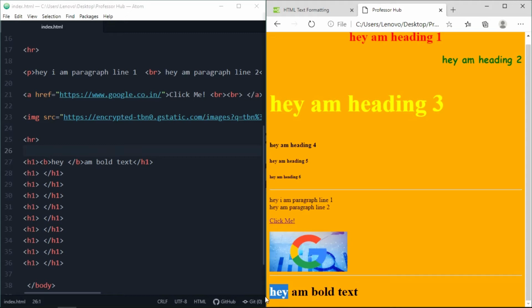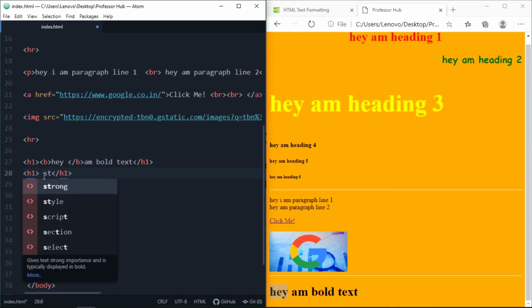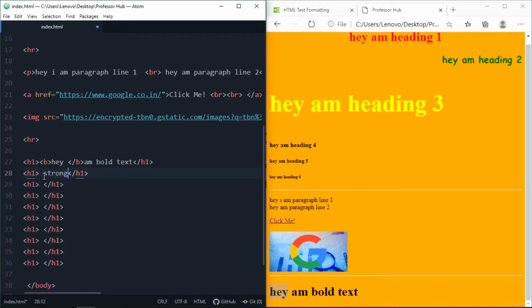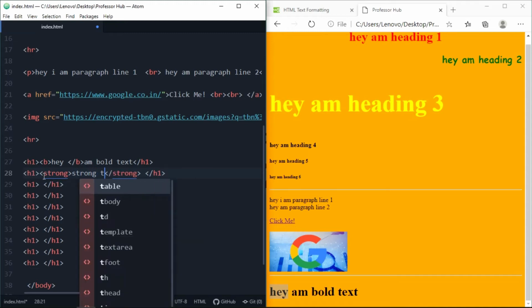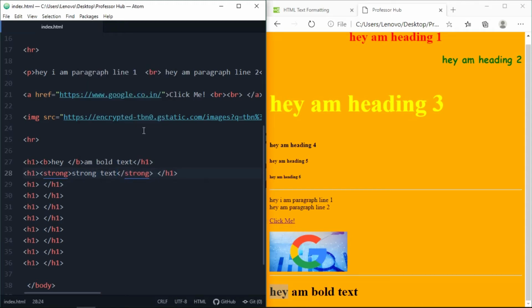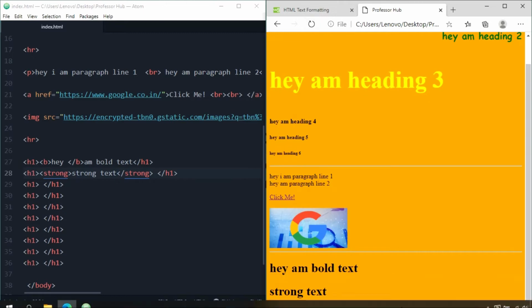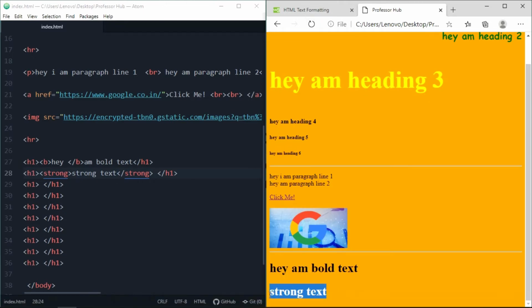So now let's use another tag for having different style property using HTML. So the next tag we're going to use is strong tag. And so let's display text as strong and let's write text2. Save it and refresh it. Look, we've got a bit different text now and the strong text because of the strong tag here.